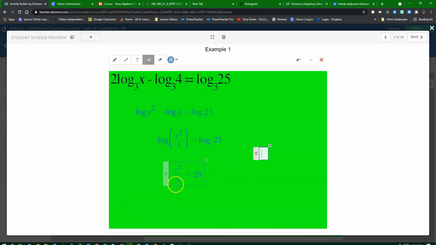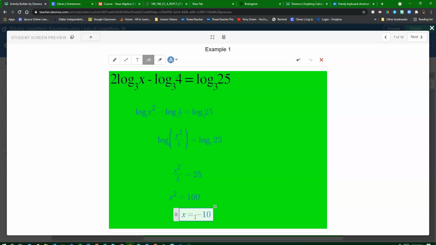So what do I do now? Well, I multiply both sides by 4 so that I can get the x squared by itself. So that's going to give me x squared equals 100, because I multiply both sides by 4. And of course, there are 2 numbers that I can take. If I take the square root of both sides, then that means x can either be